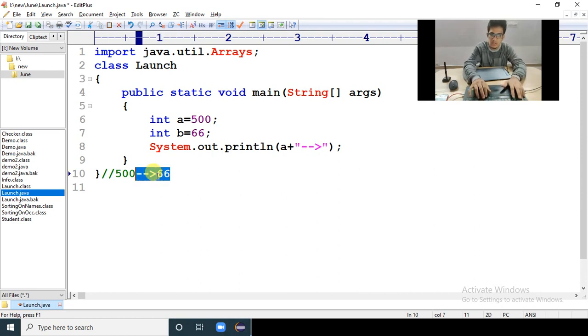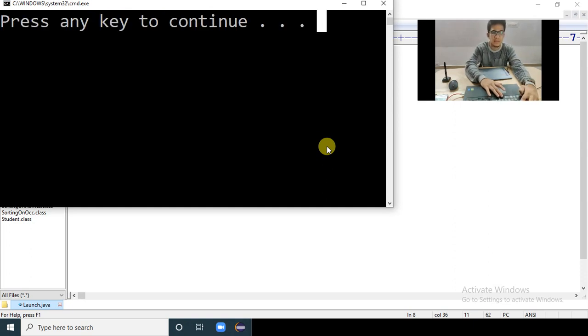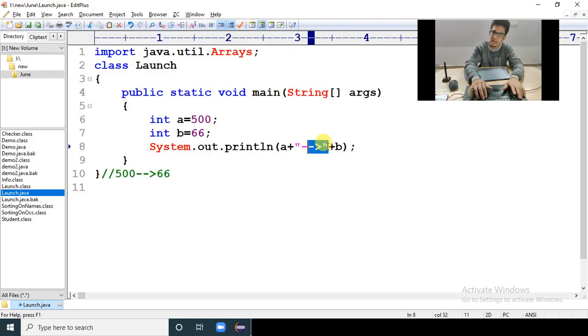If I want to do this, don't you think what should come here is the b variable? But I have to clearly tell, hey, this string is there, I know. This b is there, I know. Between this string and b, what do you want to do? I have to tell plus sign again. If you tell plus sign, then only it will work. So you will get the output like this. Compilation, no problem. If I execute, I'll get the output like this. So I hope you clearly understood how to attach a string for two variables.